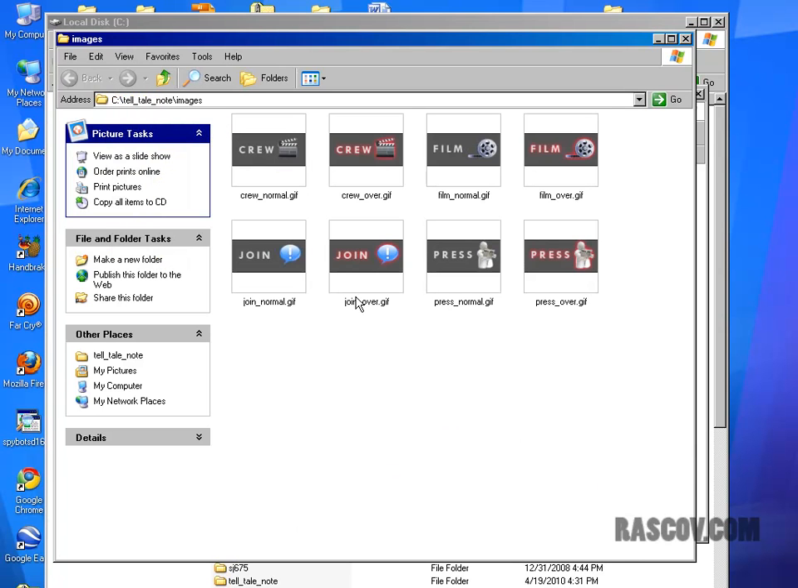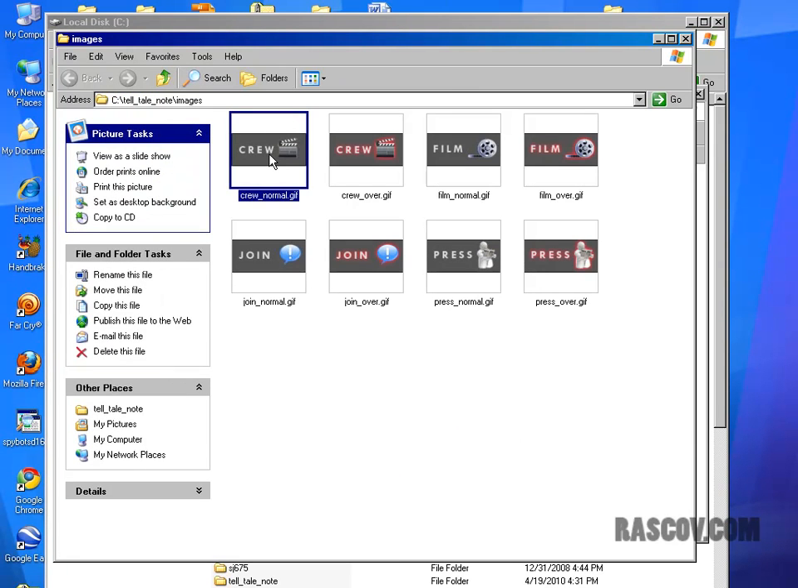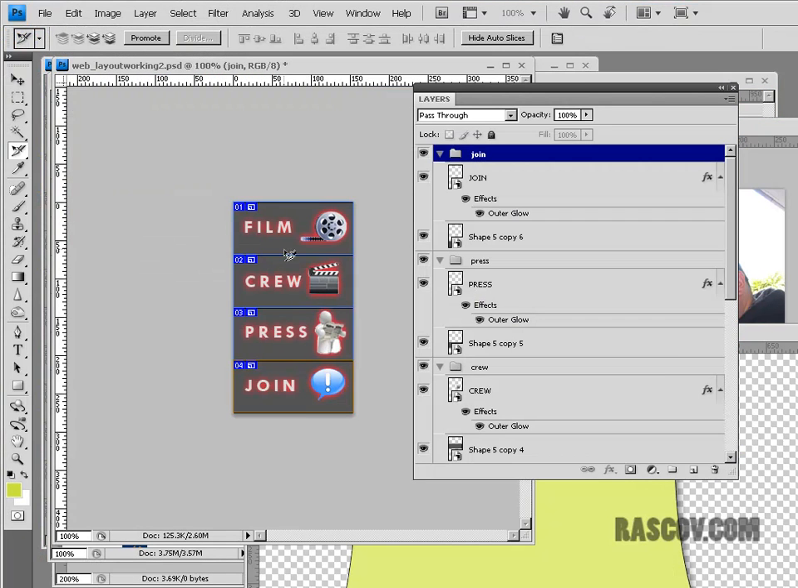Or thumbnails if we want. We have a normal state for the crew button and an over state. Normal state for the film and over. A join, over. Press normal, over. And so by doing that, really easy in Photoshop, by using these different options, you're able to export them out,